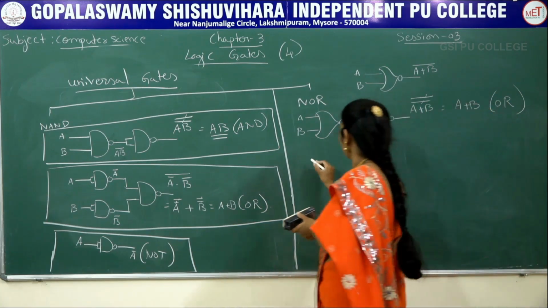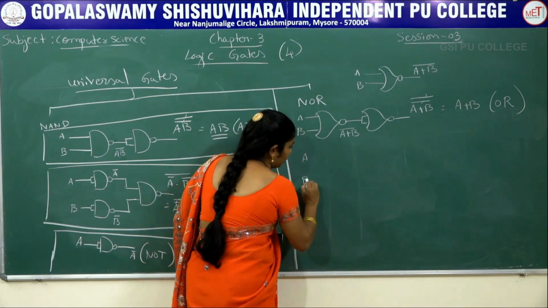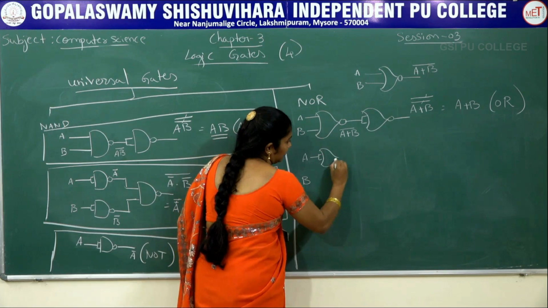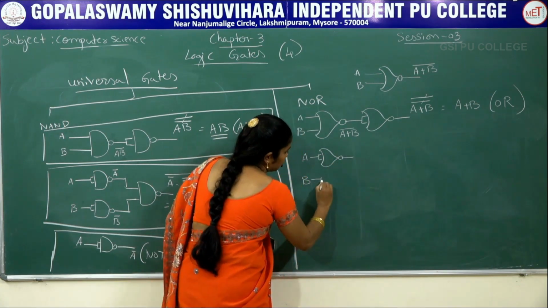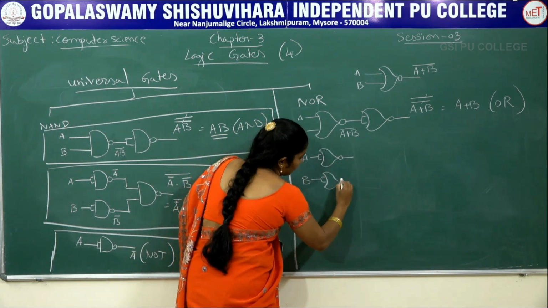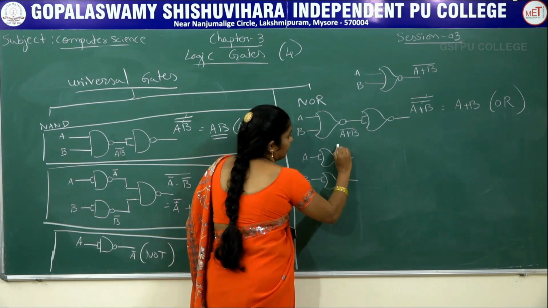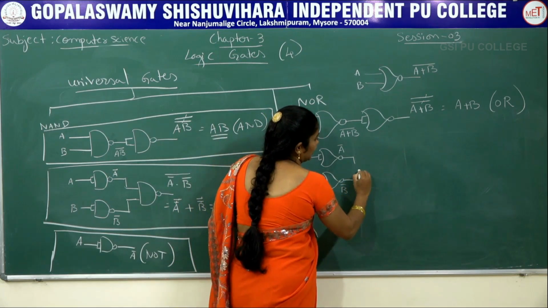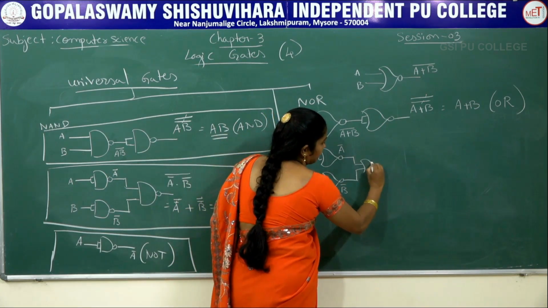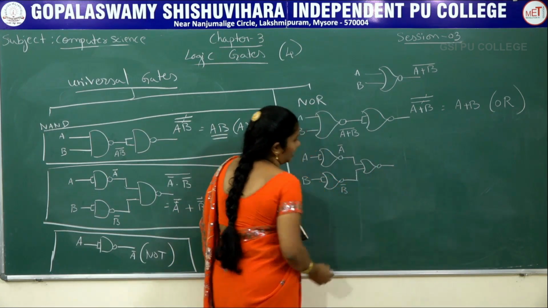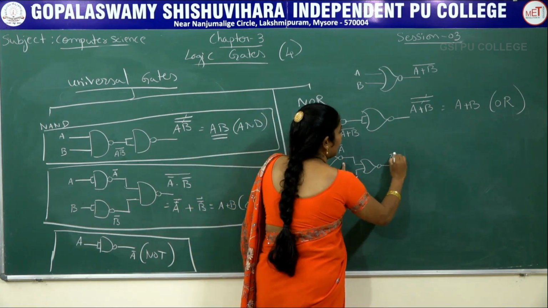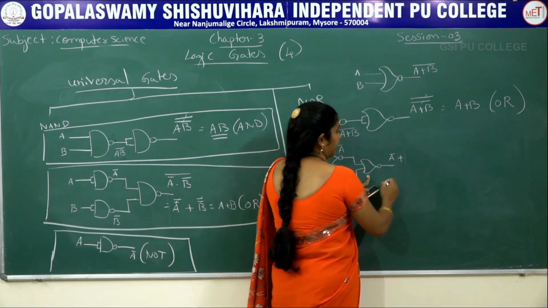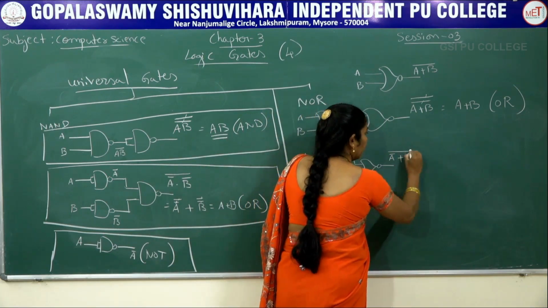Next one. For example, A and one more is B. Make it as 2 connection NOR symbol. Once again, output. Here also NOR symbol. Output. What is the output here? A bar, here B bar. Then connect this once again with the NOR symbol. What is the output here we get? One is A bar. Here we have C shape. Then plus operator I have to write, B bar whole bar.